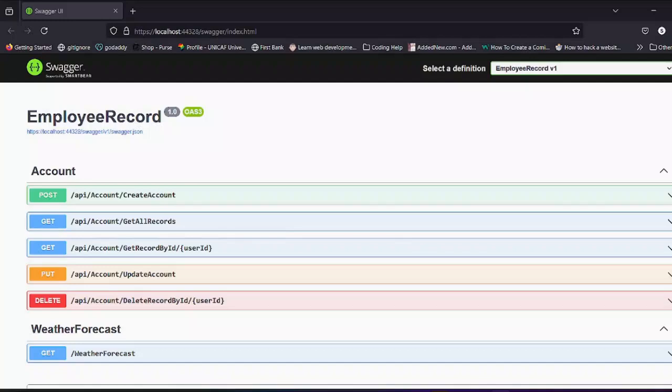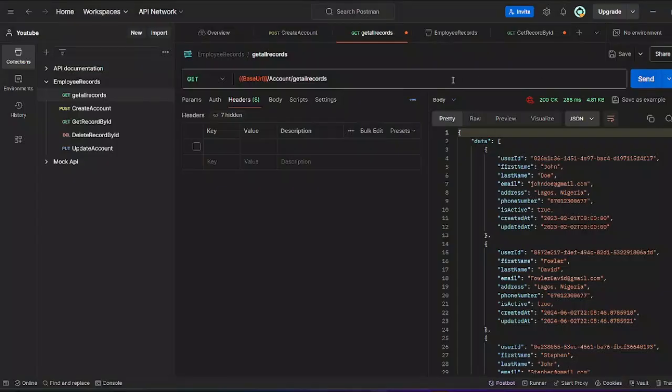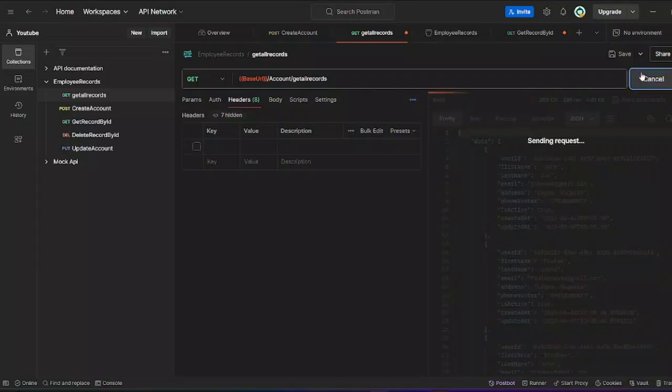I'll be using an existing record application that was created, and we'll see how we are going to protect it, and the current status of this application. Now let's go and test this application on Postman. So this is the record endpoint, I have an endpoint, get all record. So if I click on send right now,